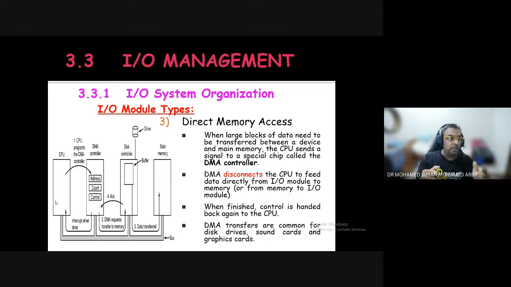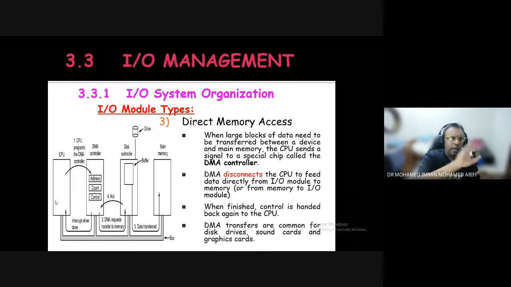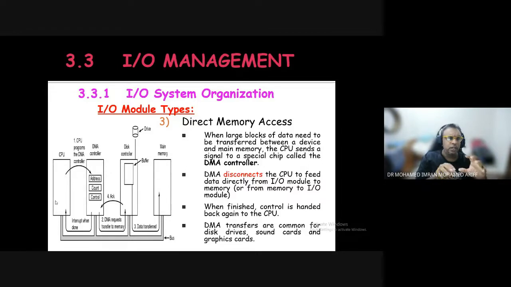In a normal process, let's say you're transferring data from the internet, data tu masuk dalam I/O module, then masuk dalam CPU, kat mana nak bagi, and then it goes back to the memory. Why does it do that? Because the CPU needs to know what the file is about and where to locate it. But where you have a large amount of data, the CPU will disconnect, and this large amount of data goes straight into the direct memory access and straight into the memory. It does not need to go through the CPU.